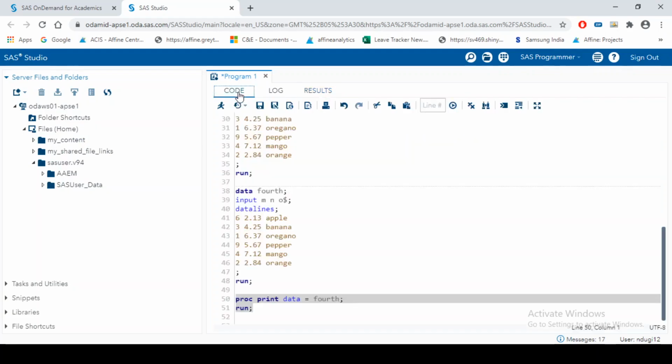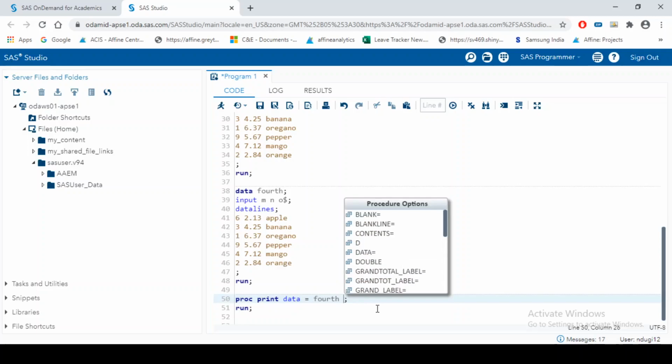But I don't want to see all my observations. We can control that. There is something called options in SAS, where we can define or control our output.